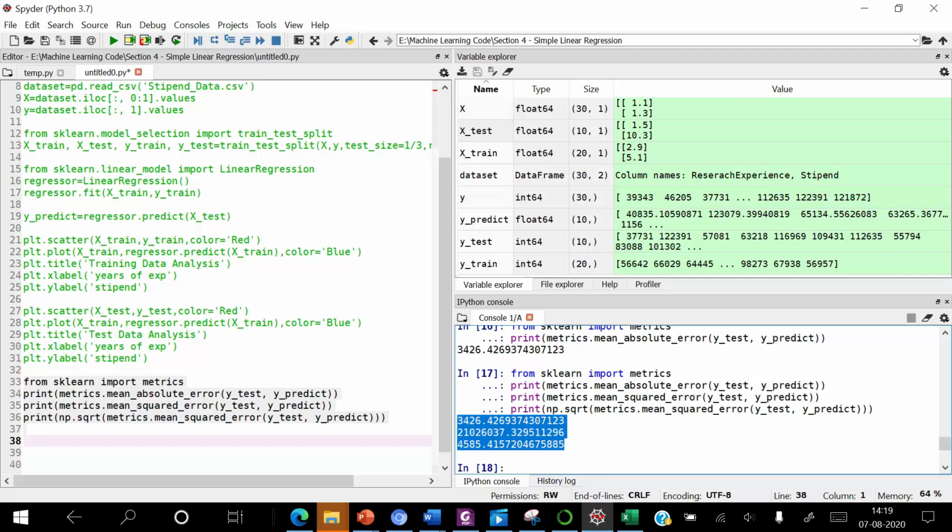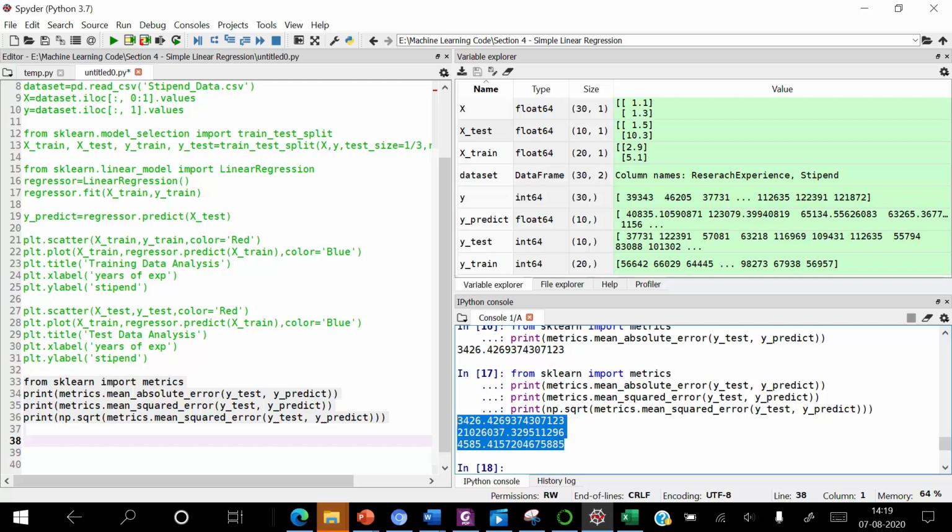These metrics actually play a very vital role when you have to select the most relevant input attribute for building the model. In this situation, we have only one input attribute and one output attribute. Let's suppose you have two or three input attributes and you have to select the most important input attribute to build simple linear regression.